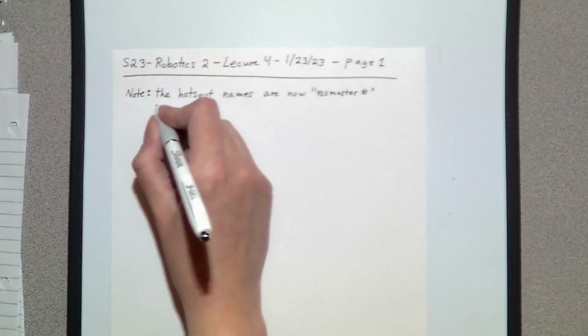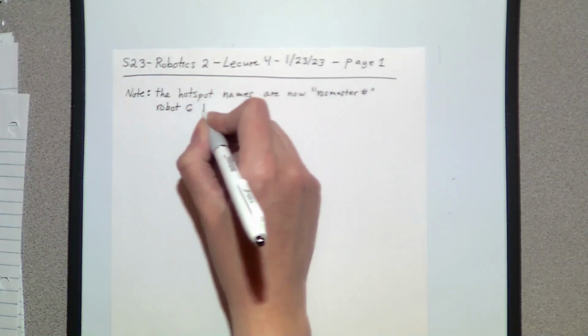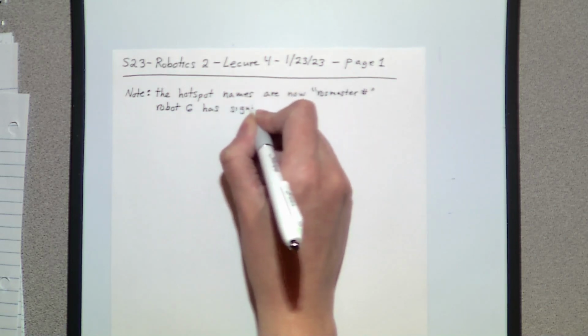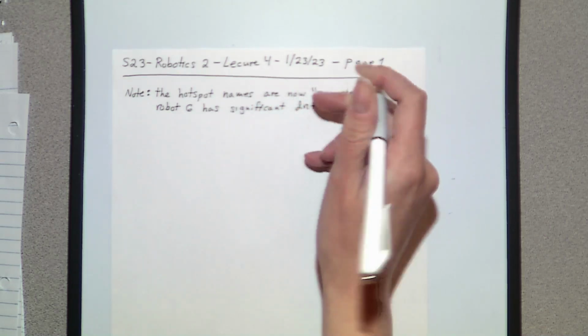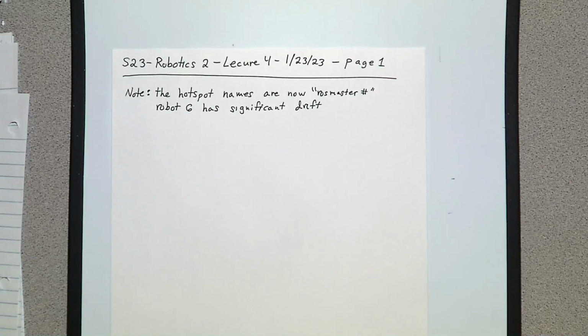I'll also reiterate again that robot 6 has significant drift. And so I contacted the company, and hopefully after their Lunar New Year celebration, they'll get back to me with some possible suggestions as to what's going on with that particular robot. But all of the rest have been working well. If you do have any problems or notice anything, then please let me know so I can get in contact with the company as soon as possible. The 12-hour delay time difference does make a huge difference as far as how long it takes me to fix